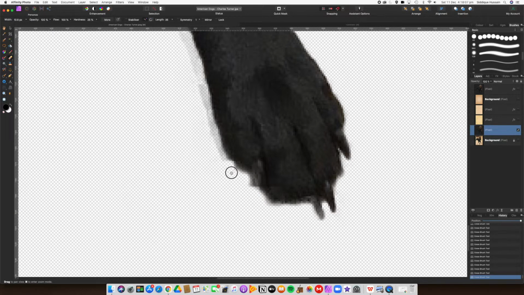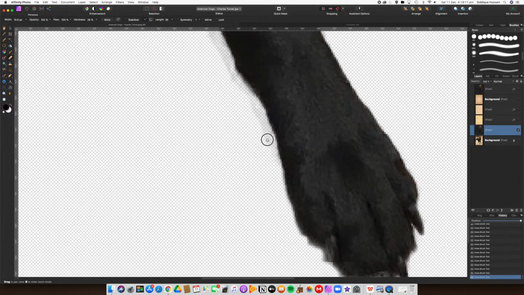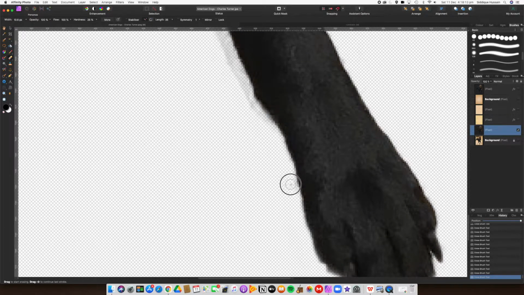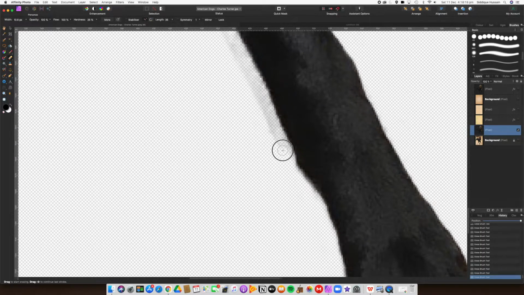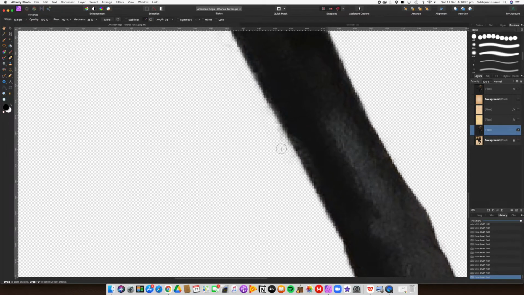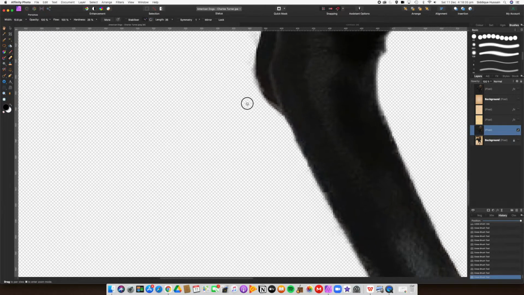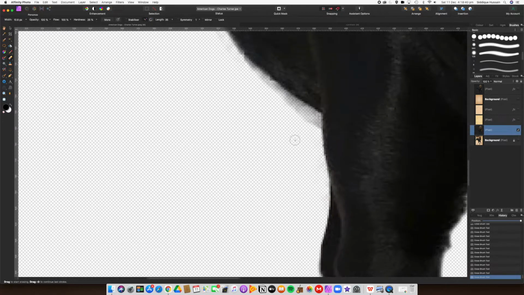So here we go, and all this needs just cleaning up. So these are semi-transparent pixels. It's really the remnant of the shadow, and because we're adding our own shadow to it afterwards, which as you saw earlier is pretty effective, what you don't want is for the actual shadow to overlay that, so it's always a good idea to remove, if not all of it, certainly most of it. Okay, so we need